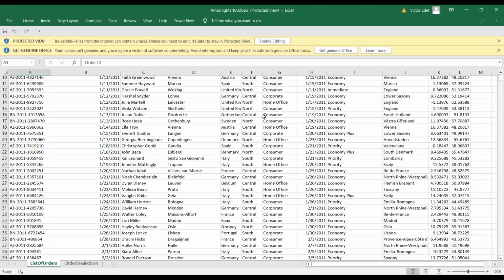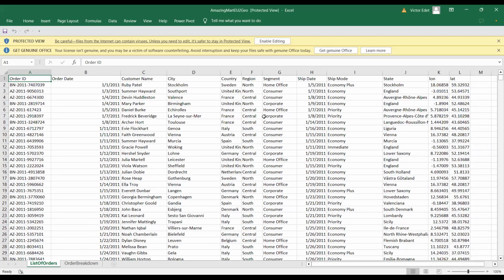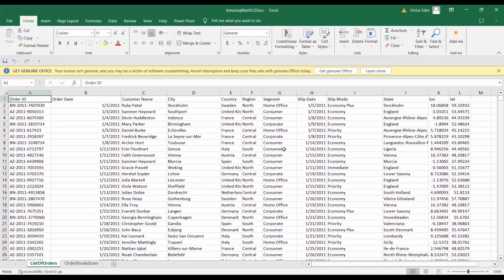Can we see the screen, the Excel sheet? Yes, we can. Now, if we are to analyze this data here, remember.